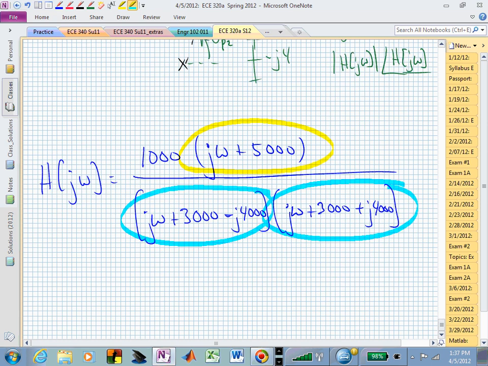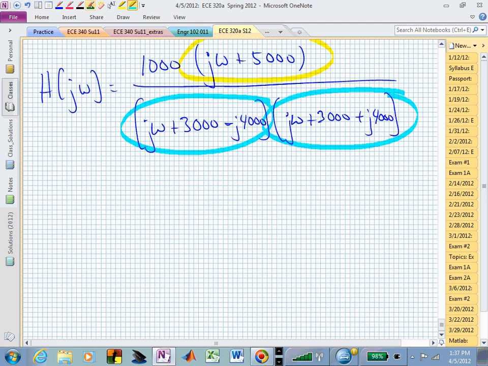And I can now associate a length or a magnitude with each of those factors and an angle with each of those factors. And if I want to know what's happening at omega equal to 5,000, I now have this expression, j5,000 plus 5,000. That's my linear factor associated with the 0. Let me see if this makes any sense. I'll try to increase this in size. So if we look at the 0 factor,